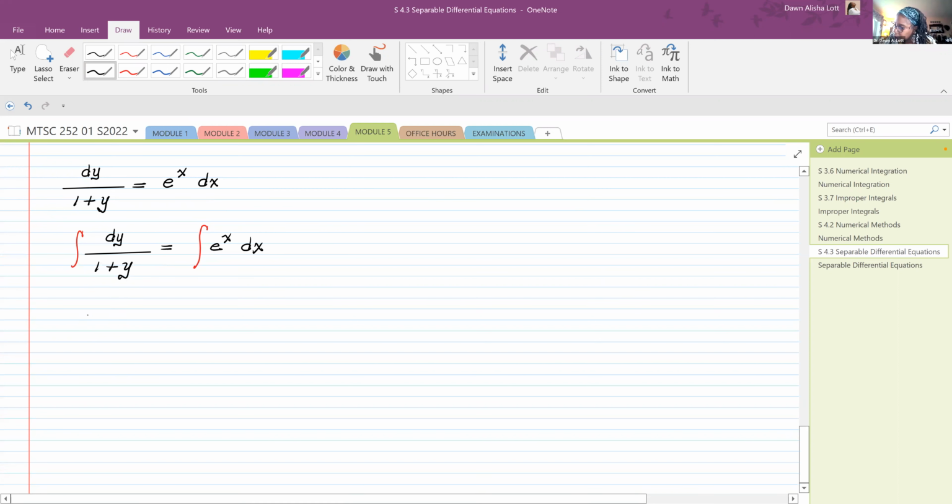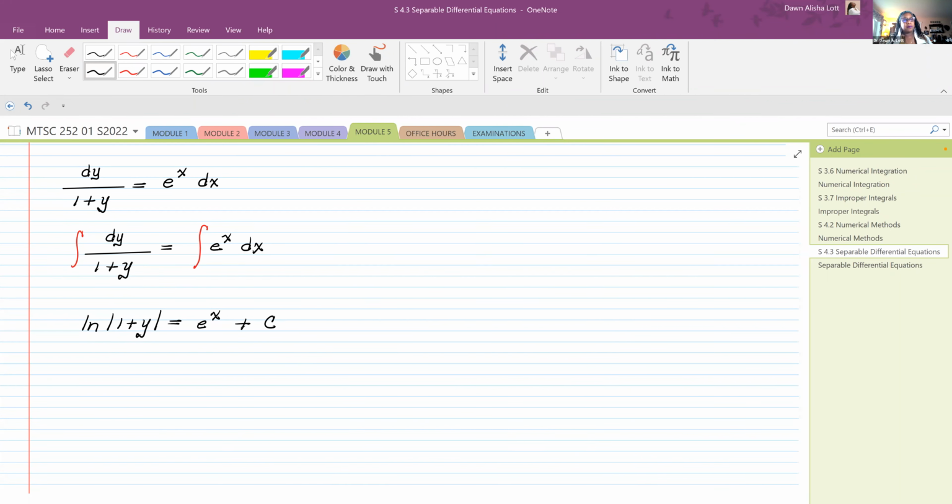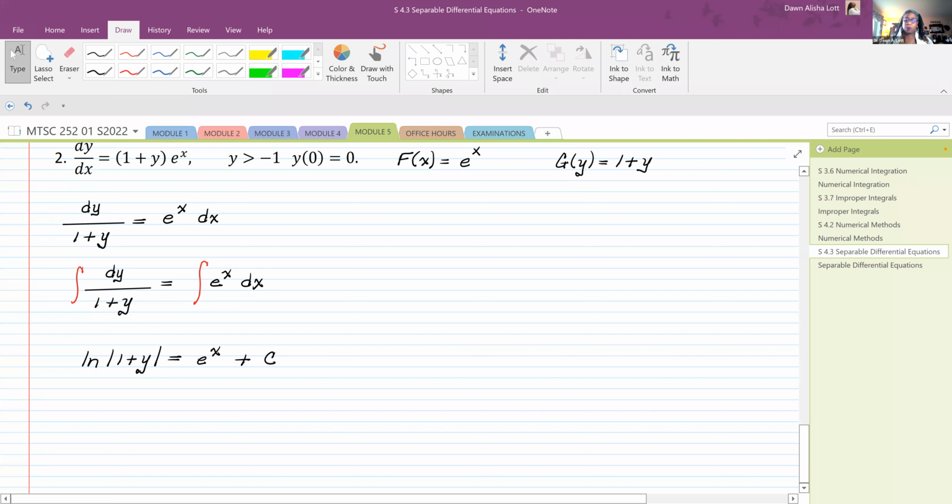We're going to get the log of the absolute value of 1 plus y. And this side, we're going to get e to the x. And as I said, we can throw the constant on one side. It really doesn't matter which side we throw it to, but that's where I decided to put it. And so notice that right now, if we solve for y, we would have e to the 1 plus y, but then we're going to have e to the x. And that kind of can give you a headache. So we're going to leave it in this form, and this is an implicit form